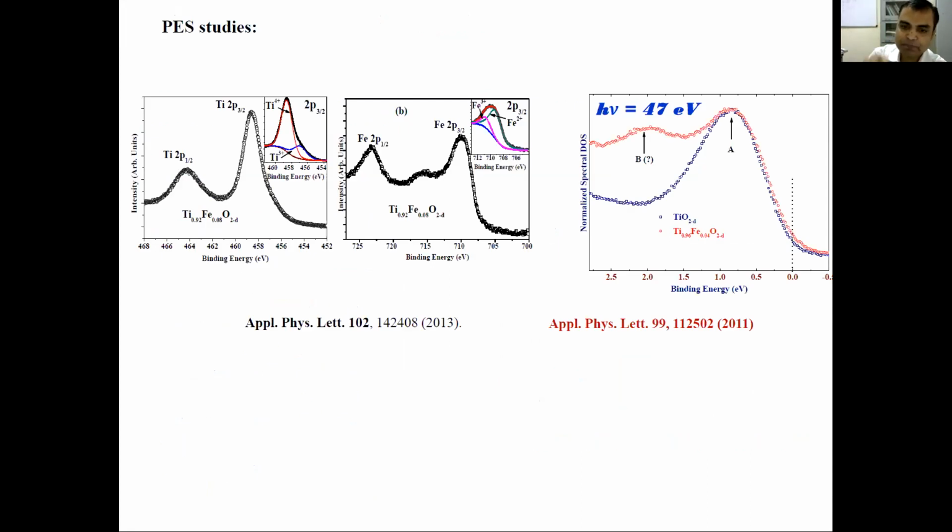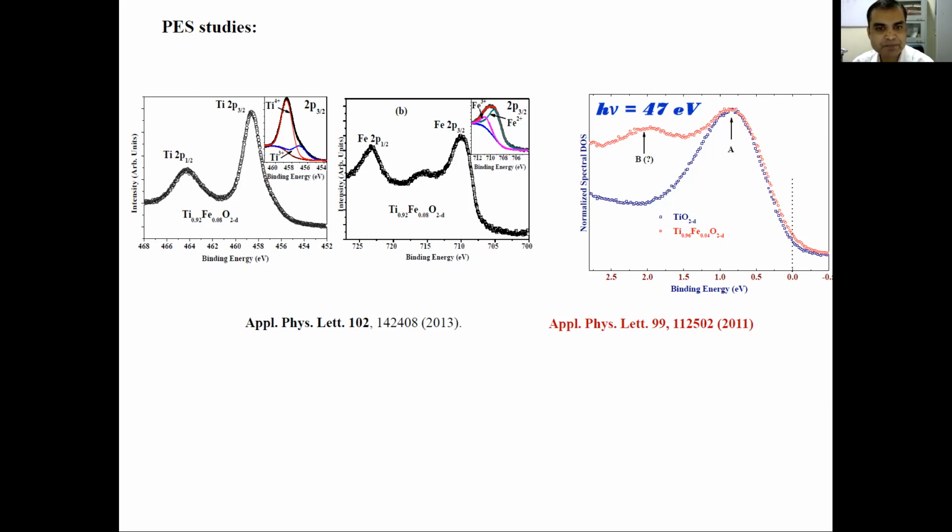Now, we doped iron in TiO2 with an intention that iron substitutes for titanium in this system. So iron should not form a metal cluster. How do I confirm that? Yesterday we discussed that if iron was a metal cluster, then the kind of bonding that one should expect between iron and iron should be metallic bonding.